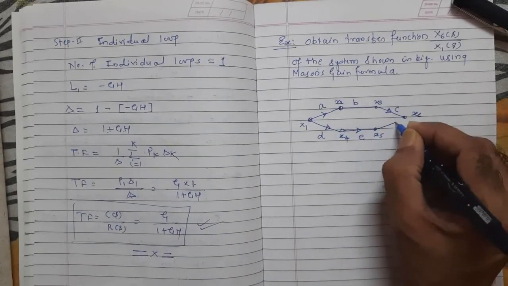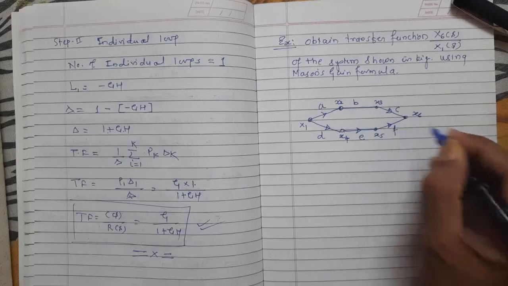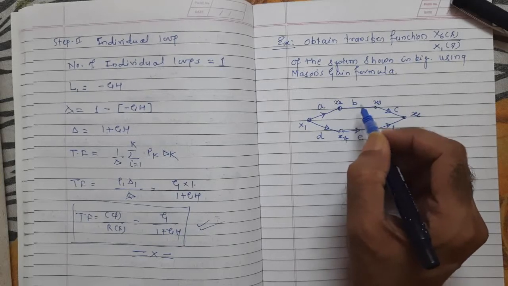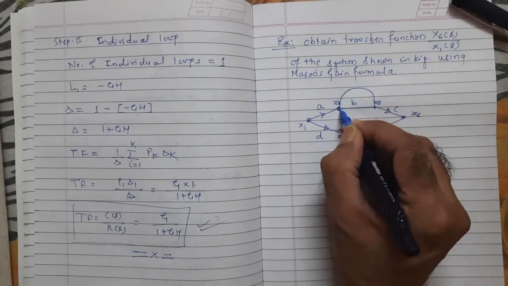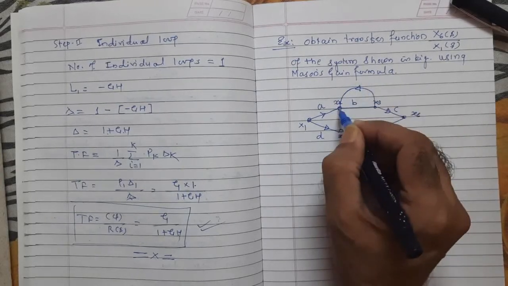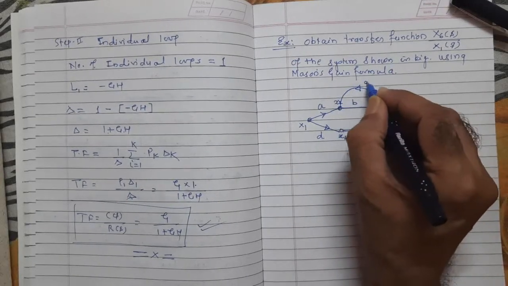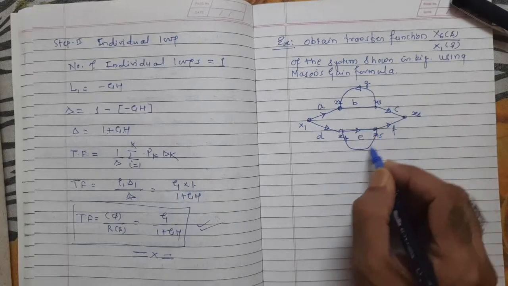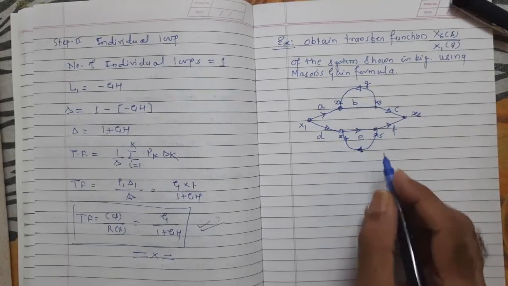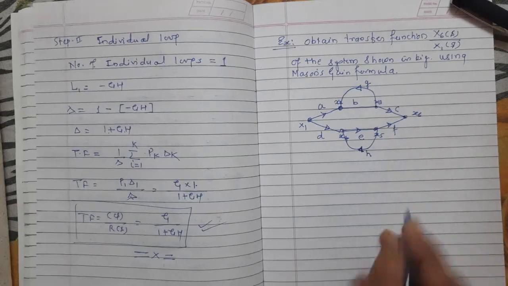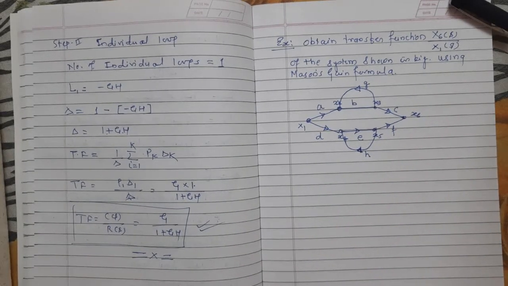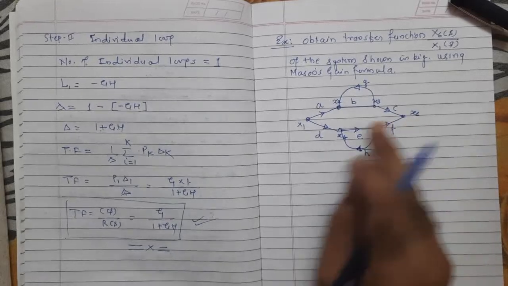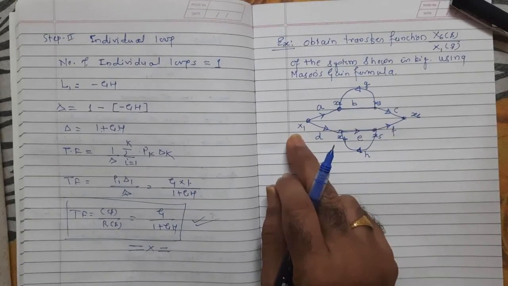Here this is connected here, then this node gain is F, and x2 and x3 are also connected by using this from x3 to x2, and the gain is G, and this x4 and x5 are again connected, and from x5 to x4 the gain is H. Now we have to find out the transfer function x of 6 divided by x of 1.